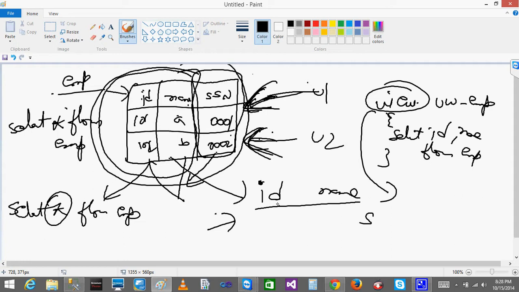Now for the user, you will not give any access to the table. You will remove select access for user 2, and give access to this view instead. So now if user 2 wants to get the data, he will write select star from VW_EMP.